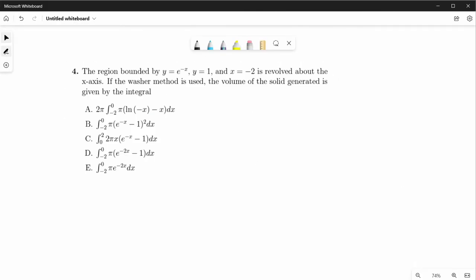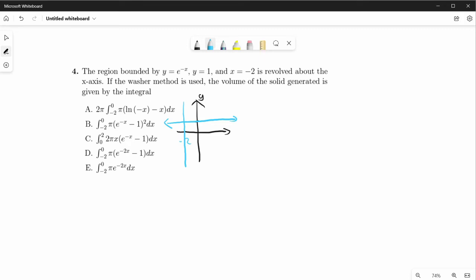For number 4, we're given 3 functions, and we're to use the washer method to find the volume of the solid that's generated. Of course, we're gonna graph this first, right? So we have y equal to 1. So y is this axis equal to 1, just a horizontal line. Right, x equal to 2, negative 2,